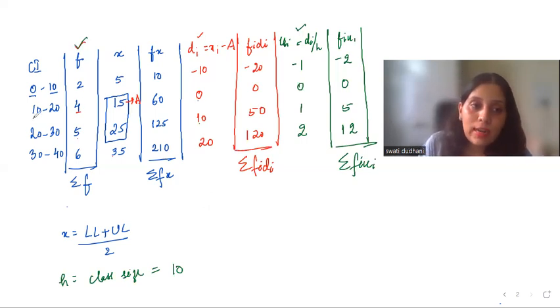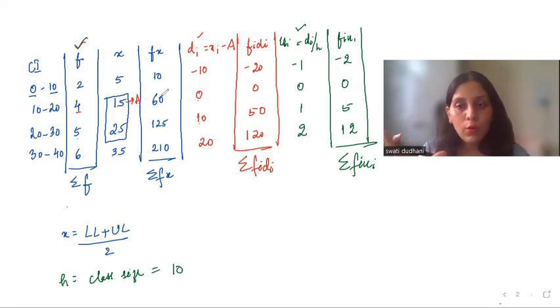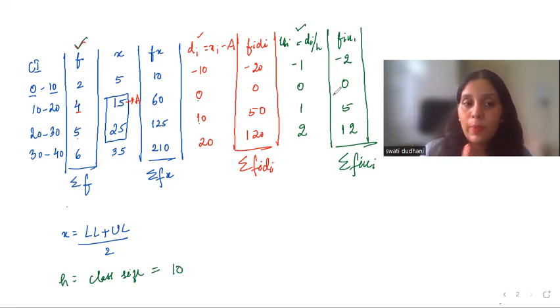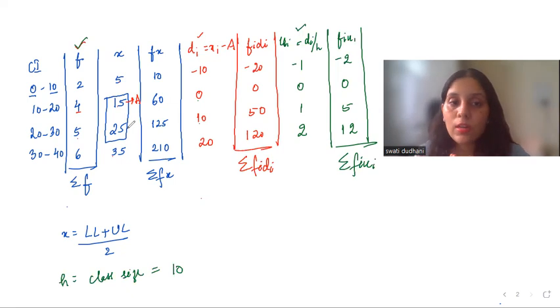From this you can understand that if you want to go for the direct method, the blue part you will do. If you want to go for the assumed mean method, you will extend 2 more columns till the red one, which is the assumed mean. And if you want to go for the step deviation method, the green part, you will do all of these. But if you observe one thing from this pattern, I have very large numbers in my direct method. See? And in my assumed mean, my numbers have reduced a little. But in my step deviation, my numbers have reduced so much.